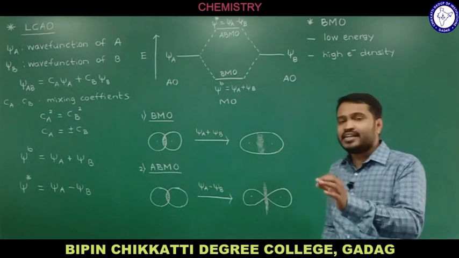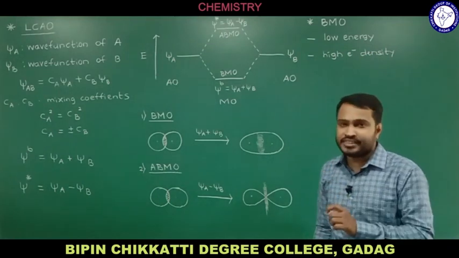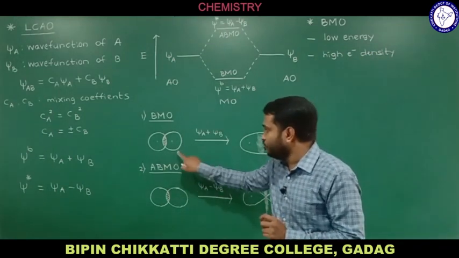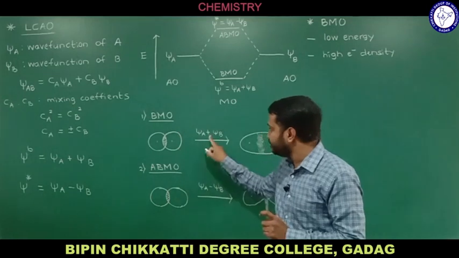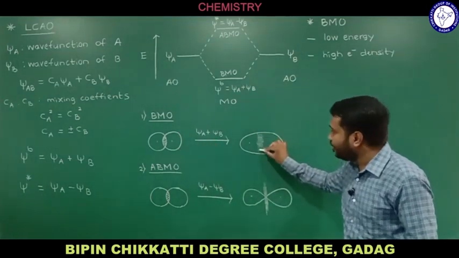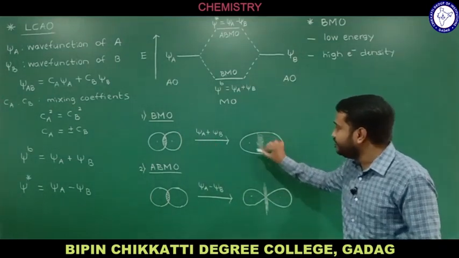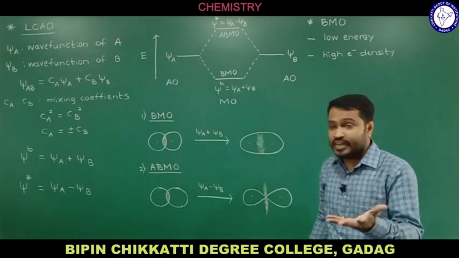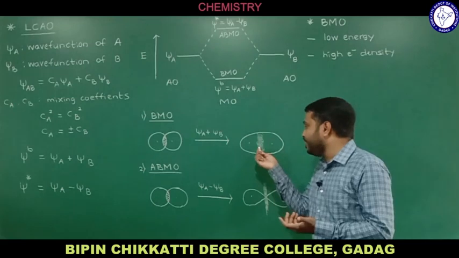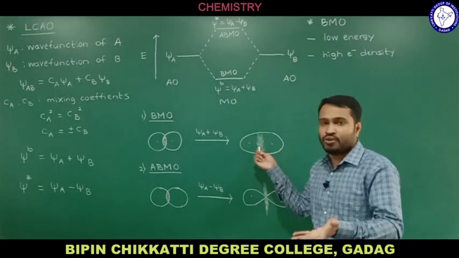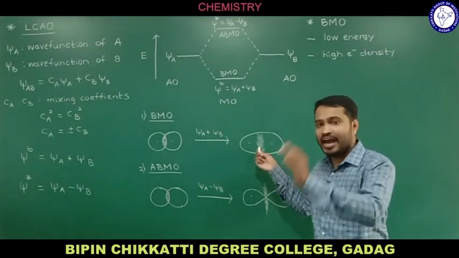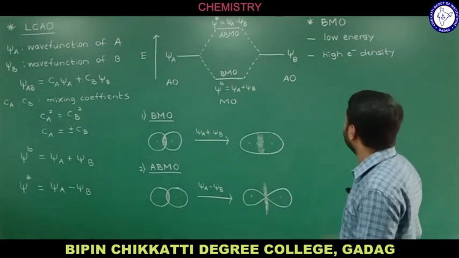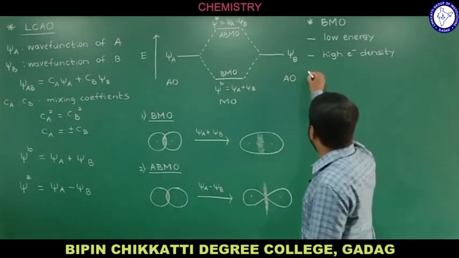Why? In case of BMO, electron density will be high because atomic orbitals are going to overlap in addition fashion. So we get a molecular orbital in the center, in this region. The probability of finding the electron will be more, or I can say the position of the electron will be here and the number of electrons will be more, or I can say electron density will be high in the case of BMO, and that I represented here. Now next we will see